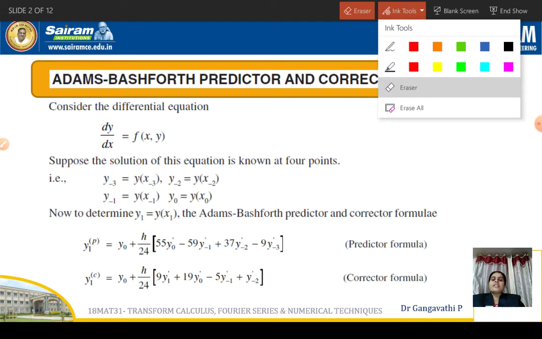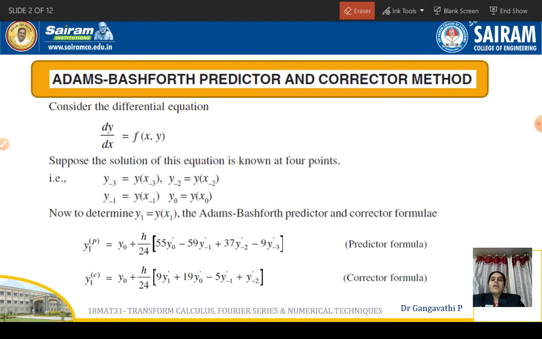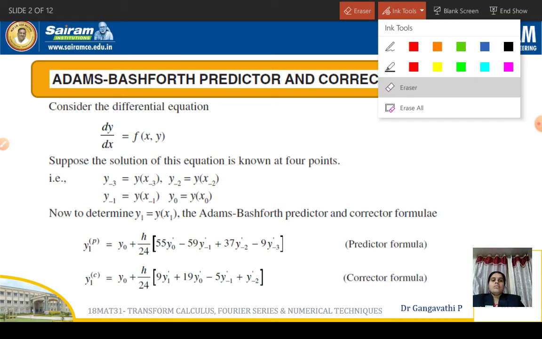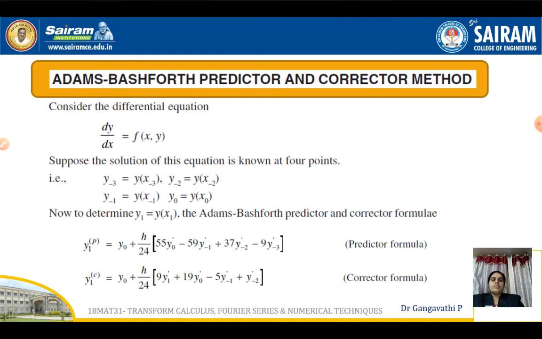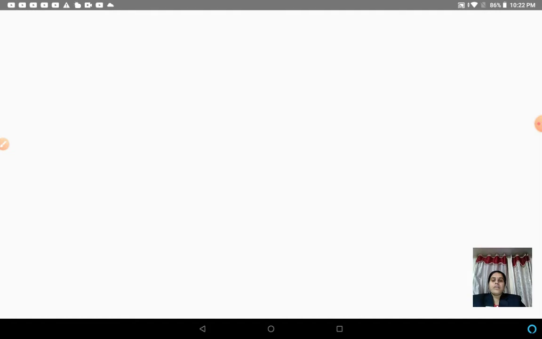So here let us continue to take y minus 3. y minus 3 is equal to y of minus 3, and y of minus 2 is y minus 2, y of minus 1 is y minus 1, and y of x0 is y0. Let us take this, and according to this we will be evaluating y1. The y1 predictor formula is y0 plus h by 24,